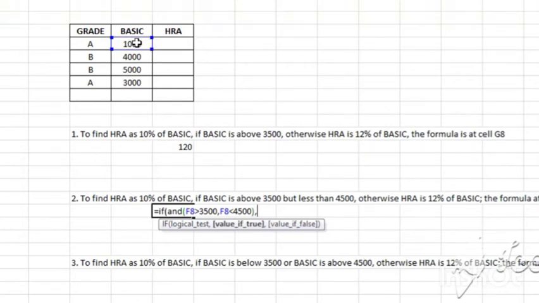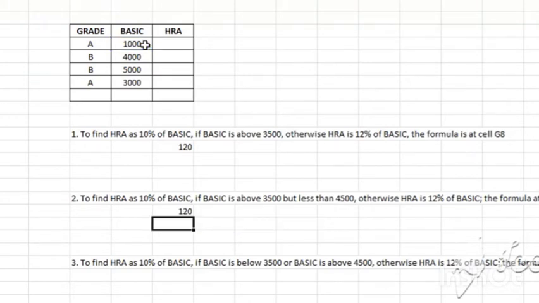Now if this is true, then B2 should be 10%, otherwise B2 should be 12%. So it's 120, because this is less than 3500, it's not above 3500. The first condition itself is not fulfilling, so it has been taken as 12% of basic, that is 12% of 1000 is 120.